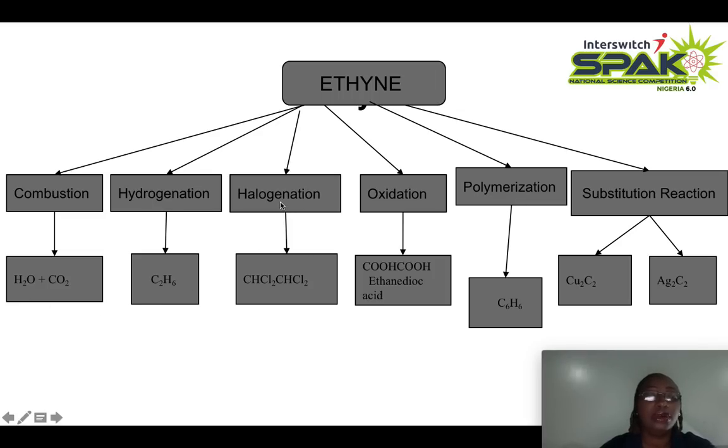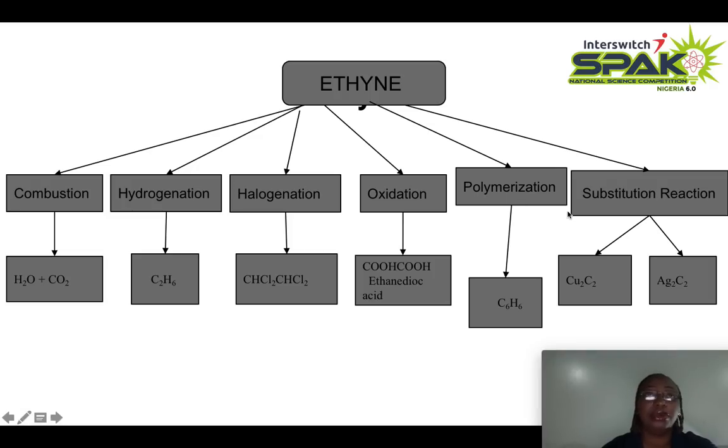It undergoes halogenation to give 1,1,2,2-tetrachloroethane. Then it undergoes oxidation to give ethanedioic acid, undergoes polymerization to give benzene, and it undergoes